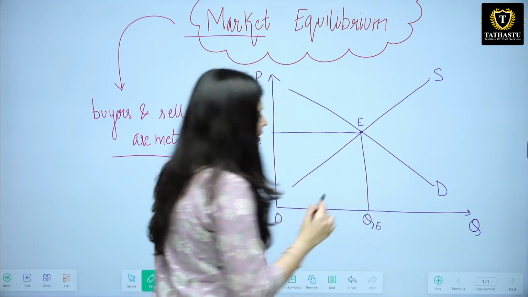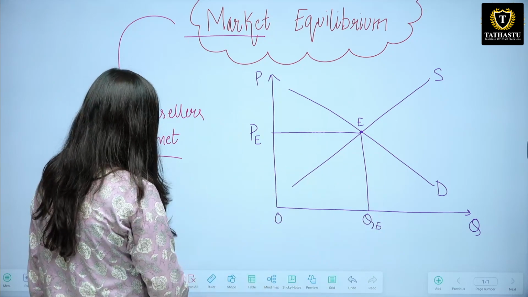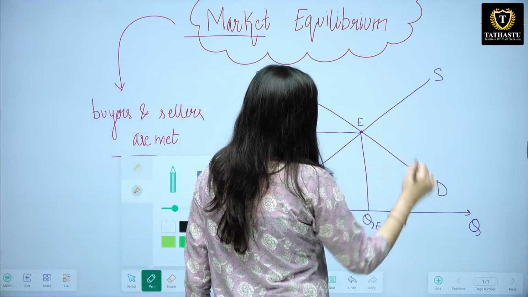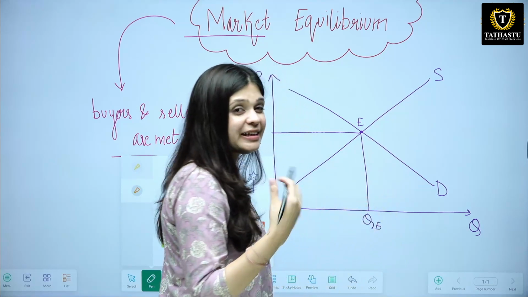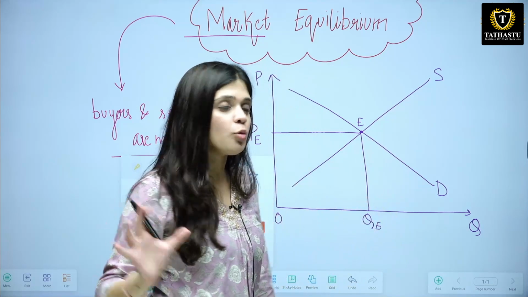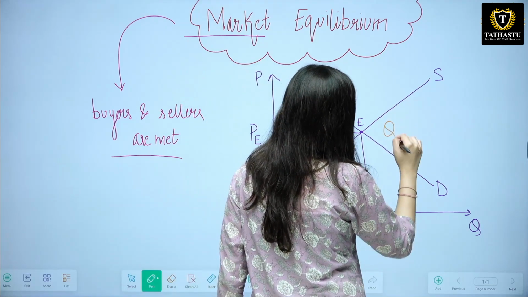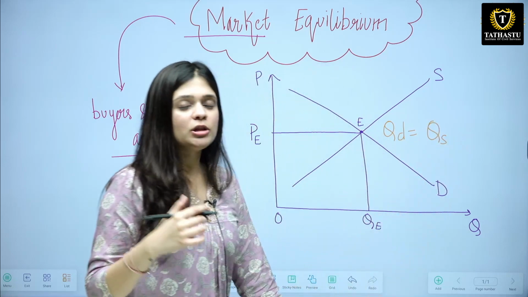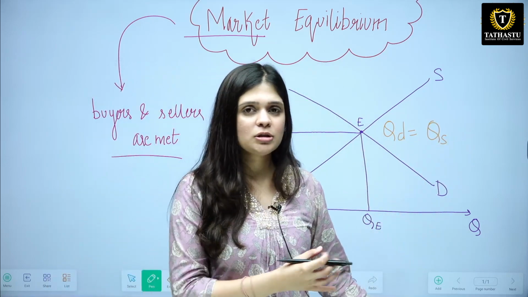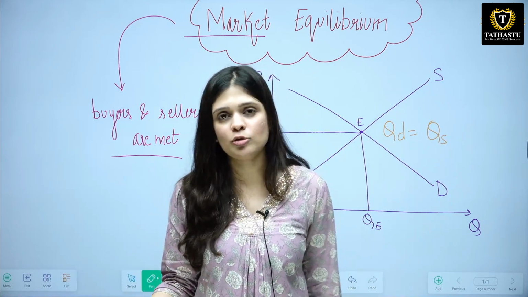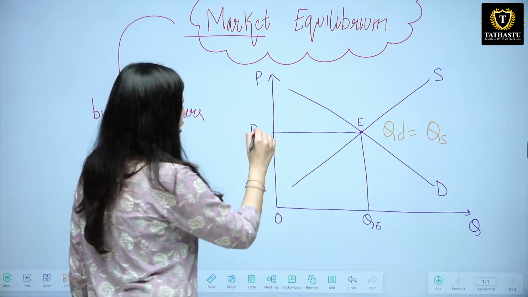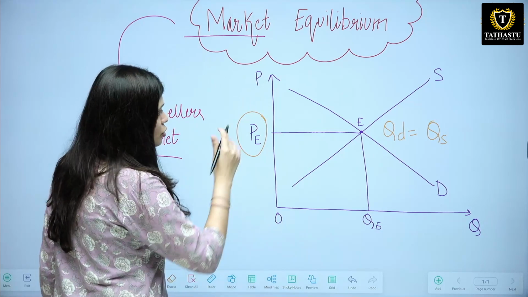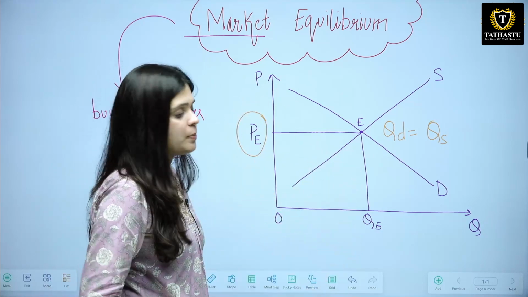This means that at this point basically the suppliers and the consumers have agreed to buy a particular amount of quantity. It means here quantity demanded is equal to quantity supplied. For example, if consumers are demanding 10 goods, then suppliers are ready to sell 10 goods. Okay, and similarly, this is the equilibrium price at which they will sell. Okay, so this is your market demand and market supply curve.